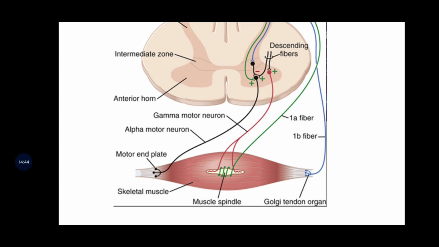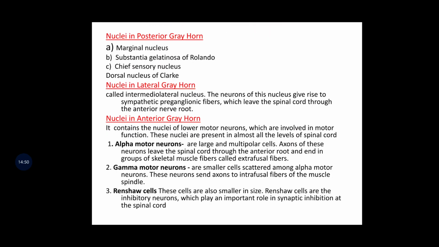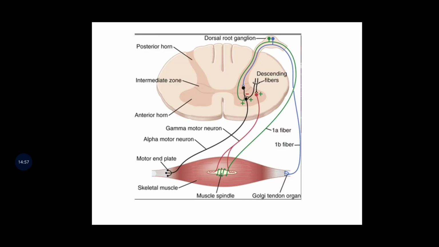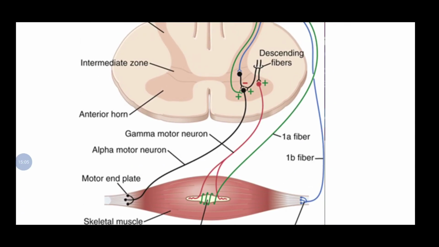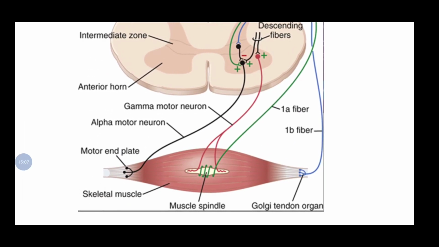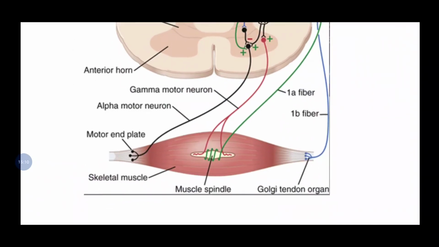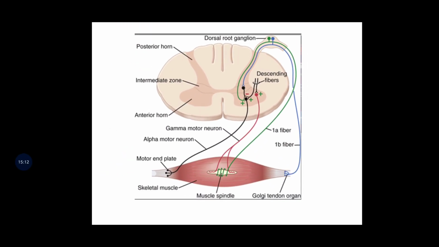The alpha motor neuron is actually supplying till the motor end plate, and as already discussed, the alpha motor neuron is supplying the extrafusal fibers and the gamma is supplying the intrafusal. So this alpha motor neuron is supplying the extrafusal muscle which is actually at the periphery, and the gamma motor neuron, the red one, is supplying the intrafusal muscle fiber. Here the efferents came and then the efferents went back.